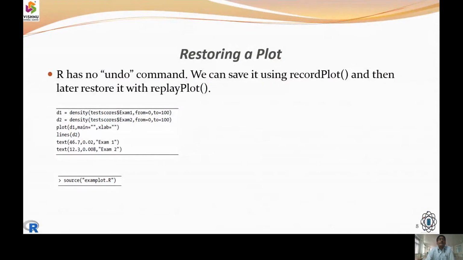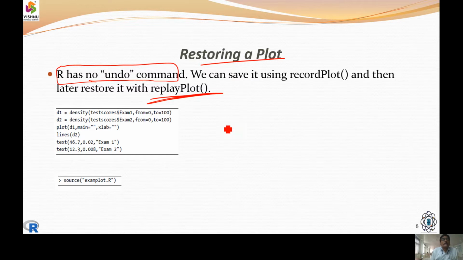Fine. Another one was, the drawback here was there was no undo command in R. But still, we can rectify this when we use a replay function. That concept we call restoring a plot. The objective was, as there was no undo function when applying a graph, we want to restore to the previous position. So we first save the graph, and thereby we can say it as replay plot. So that's how we take up restoring of a graph here.